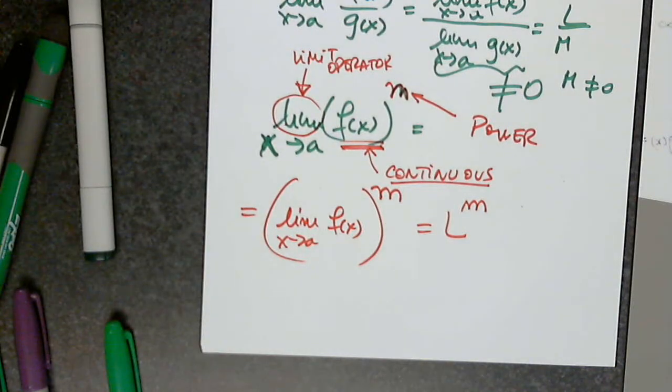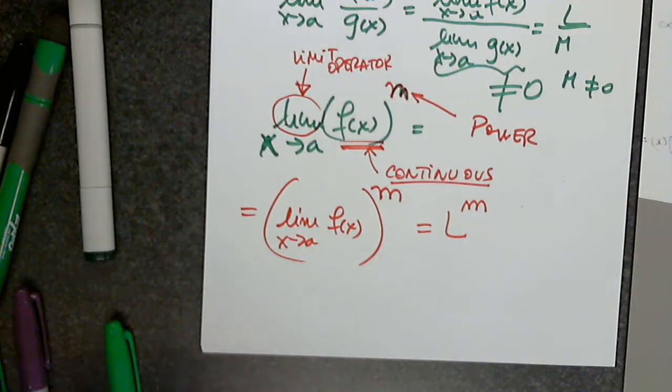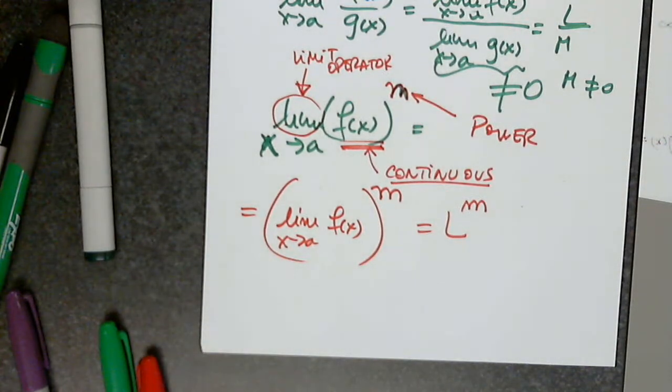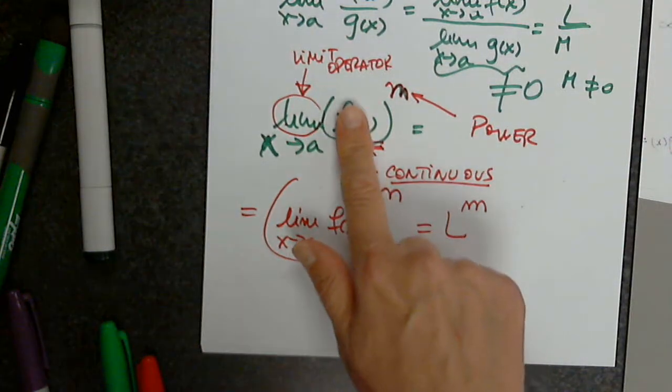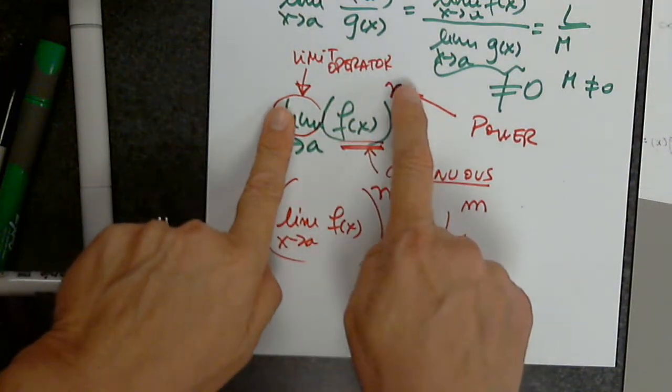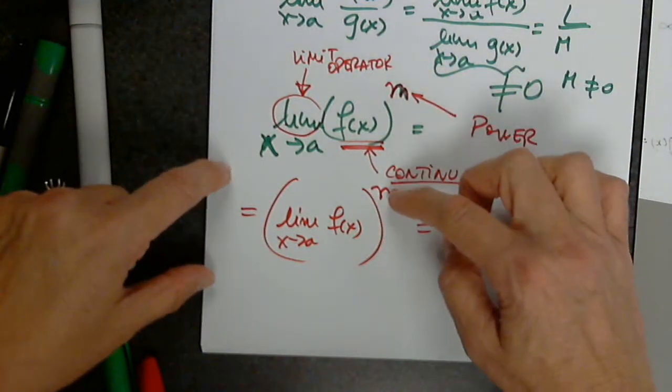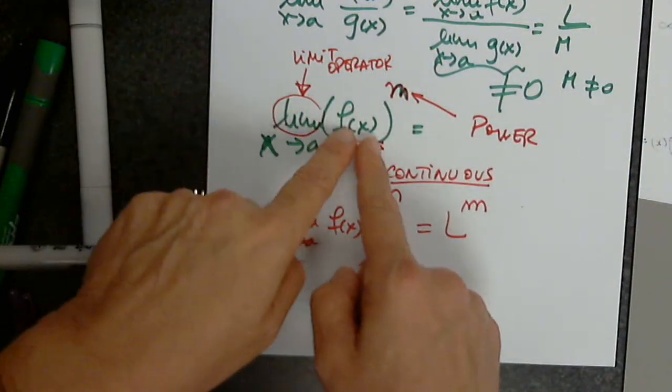So keep in mind swapping operators, because I'm going to get to that theorem later on in the semester. Okay? So under certain conditions, I'm allowed to swap operators. In other words, this goes outside and this operator goes inside